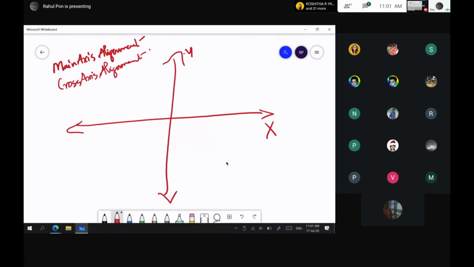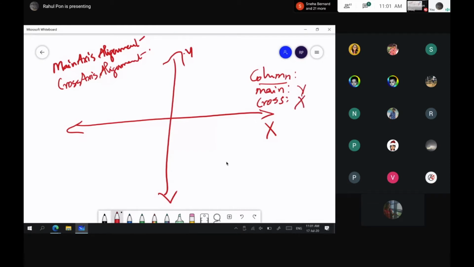Now for column, which is the main axis and which is the cross axis? Y is the main axis, X is the cross axis. So this is clear, right?